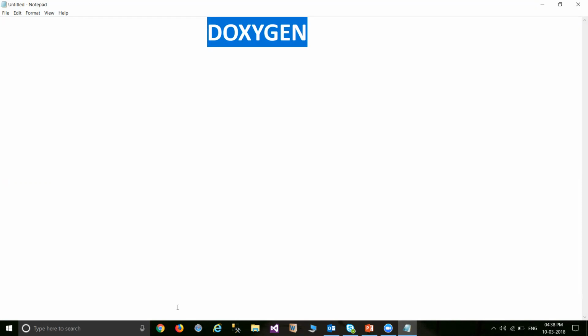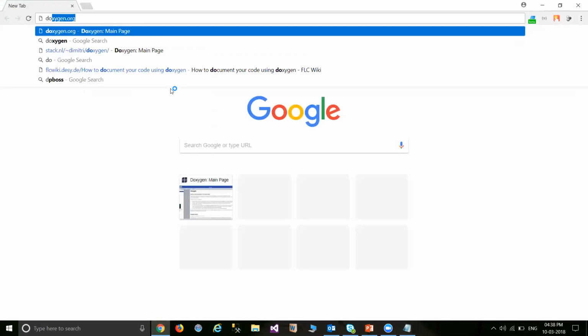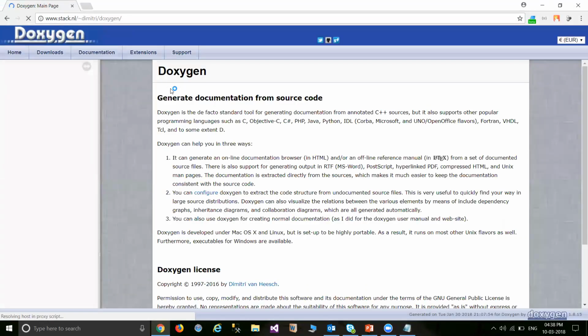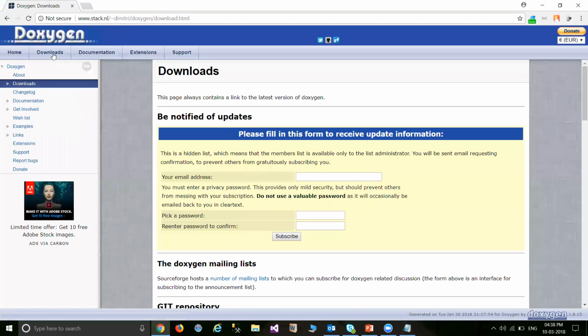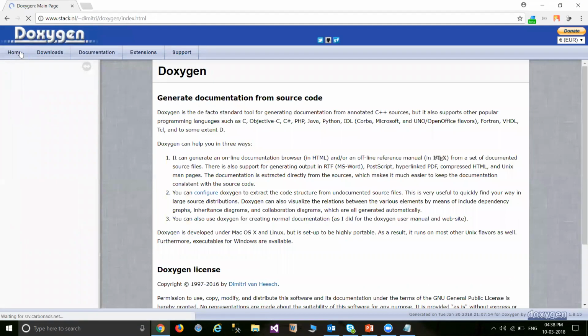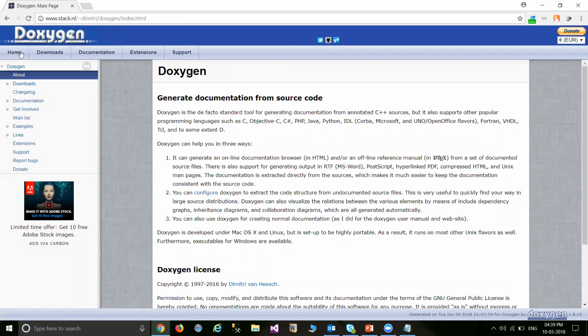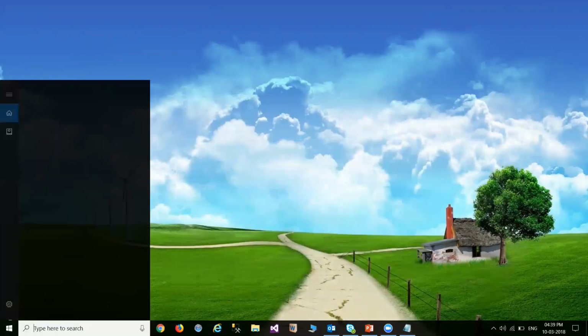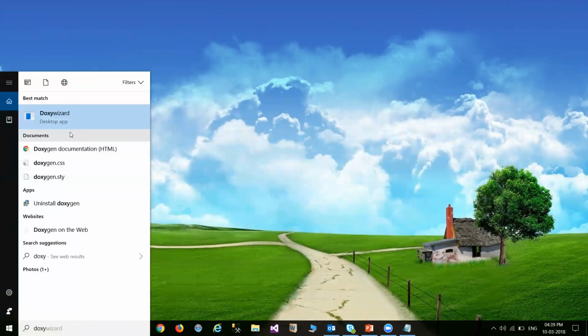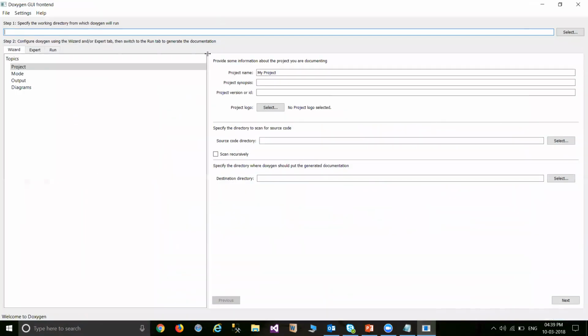For this, you need to download Doxygen from the Doxygen website. This is the Doxygen website. Here you will have a download option, and you can download the Doxygen tool from here. After you enter your email ID and a password, it will send you the link so that you have direct access to download this particular tool. Once you download it and put this exe on your system, you open this Doxygen wizard,